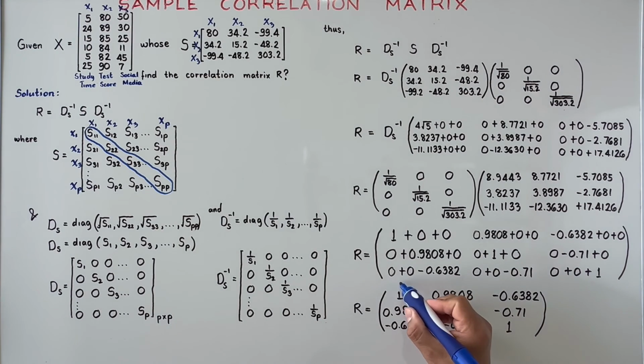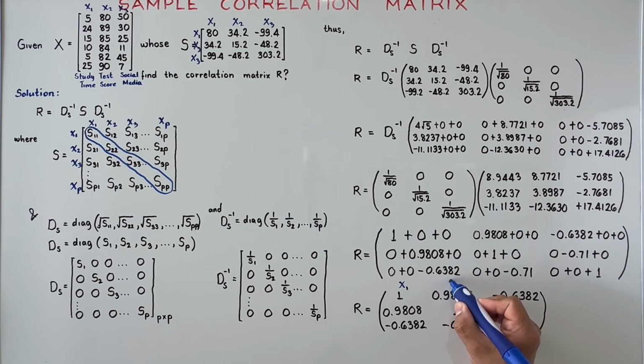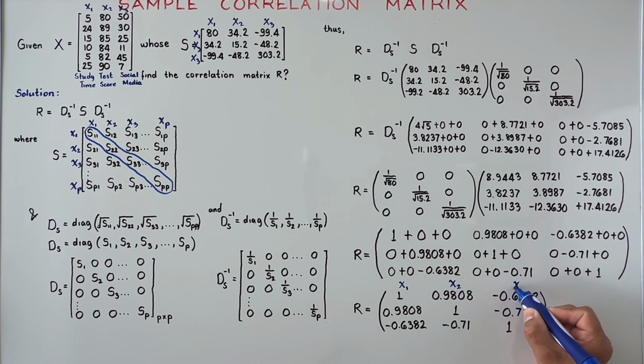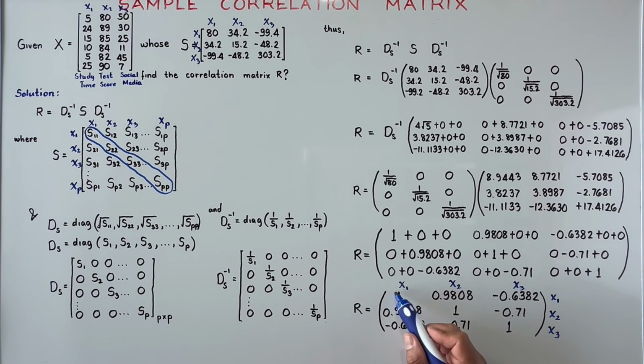So this is the first column for the first variable, second column for the second variable, and the third column for the third variable. The first row is the first variable, the second row is the second variable, third row is the third variable. And you notice that the correlation between the variable x sub 1 and x sub 1 is 1. Of course, because the correlation of any variable by itself is 1. The correlation also of the variable x sub 2 and x sub 2, it's 1. The correlation of x sub 3 and x sub 3 is also 1. So you notice that in a sample correlation matrix, the main diagonals are 1.